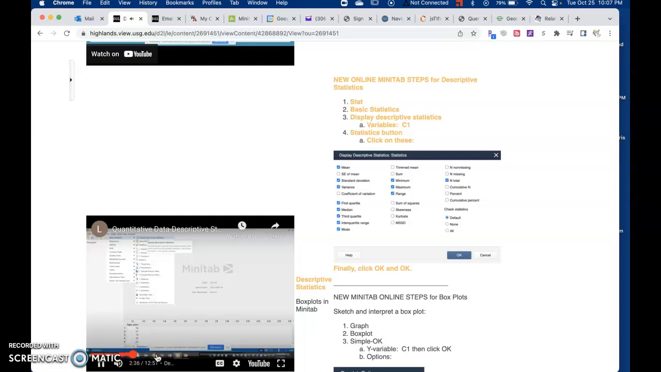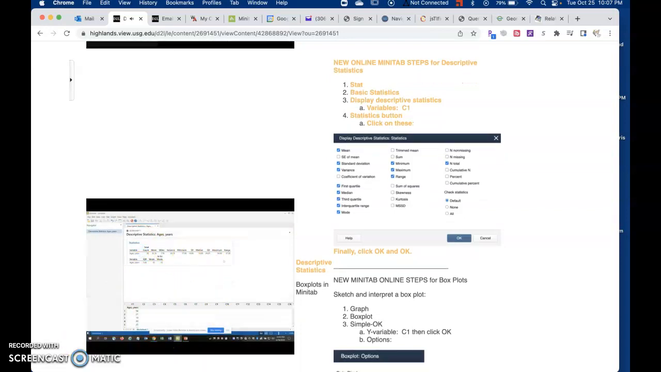And it'll go into it. See, the further you go in, it's going through the steps of how to find your descriptive statistics. So then it gives you this output, standard